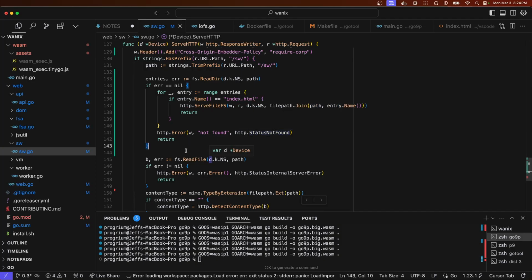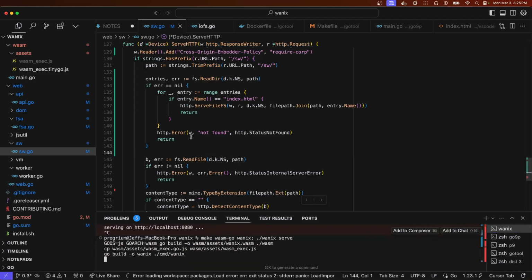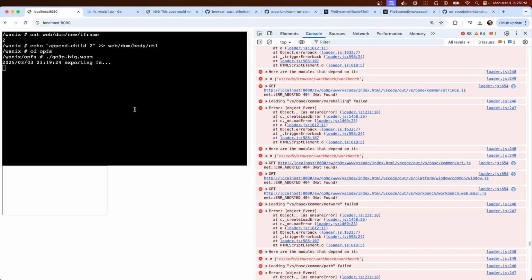Otherwise it's a file, so read the file. So we just need to reload this and do this again.